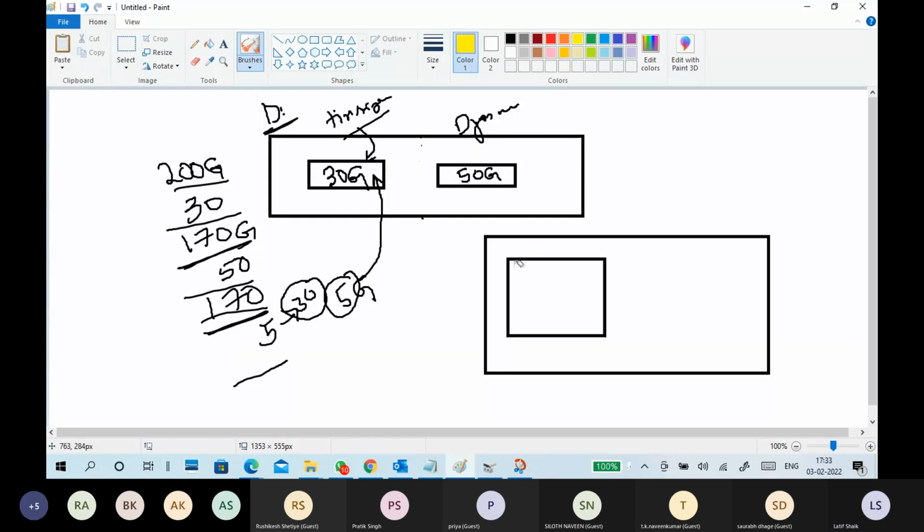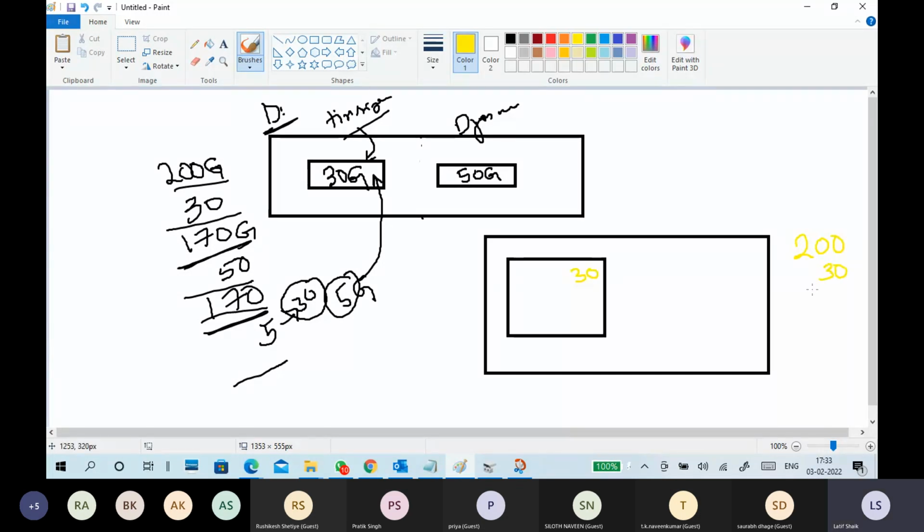Okay. This is all available space, right? This is occupied. When I put a container on it, it is already occupied. Okay. So maybe you will count in numbers. This total area is 200. This is 30.